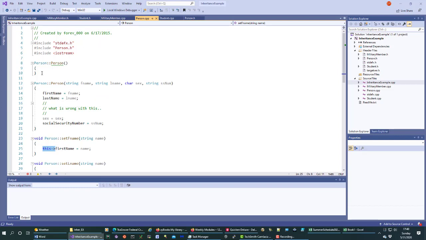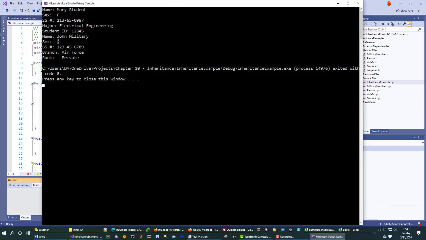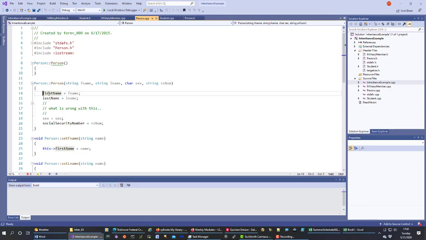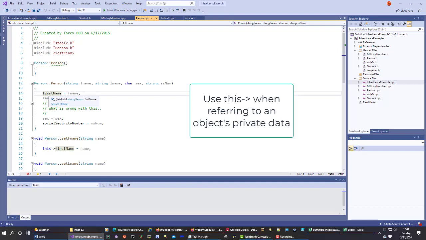I'm pressing Control F5. And notice the sex of this person is whatever that symbol is. So it's a symbol. So something went wrong here. So we have first name, last name without the this. Well, sex right here is a private data from person, but sex is also passed in. So there's an ambiguity there. So to remove all ambiguity, you should always use this arrow,